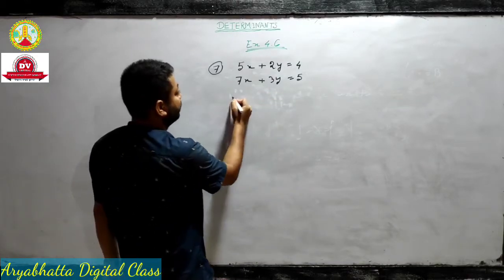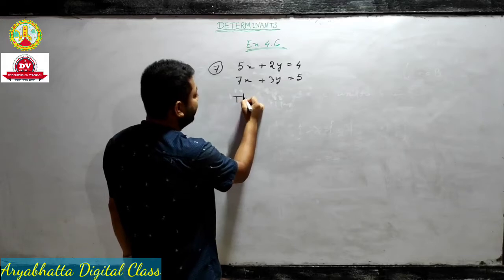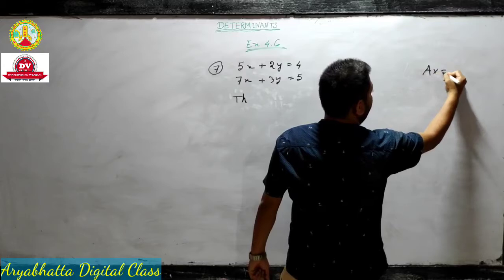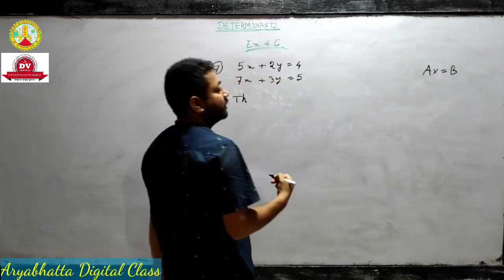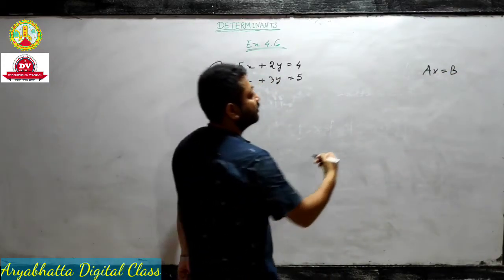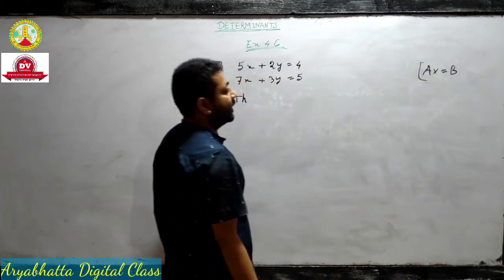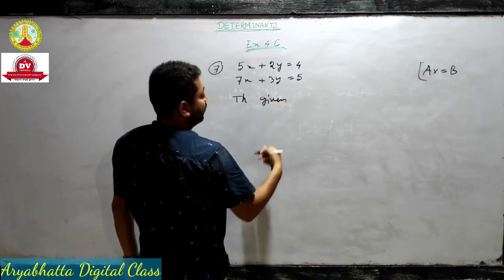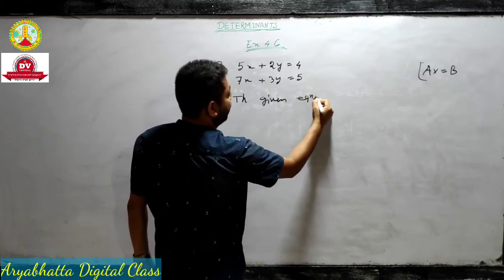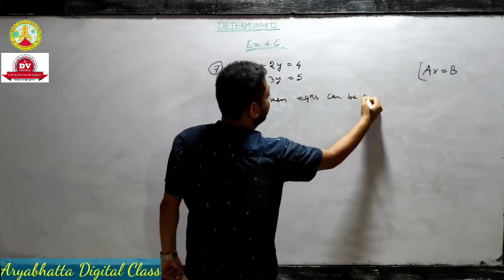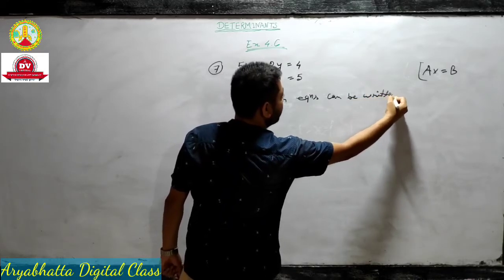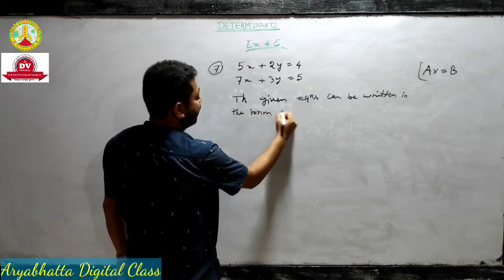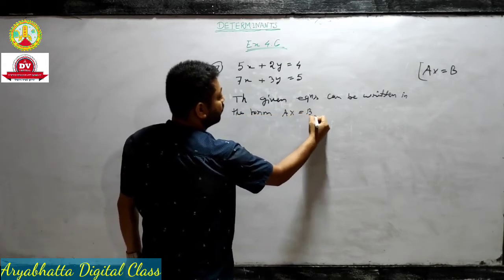We know that a system of linear equations can be written in the form Ax equal to B. Already we have learned a system of linear equations can be written in the form Ax equal to B. Therefore, the given equations can be written in the form Ax equal to B, where